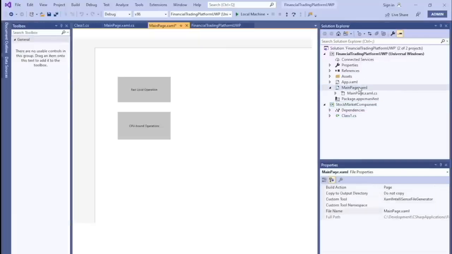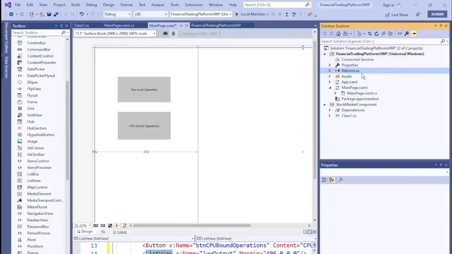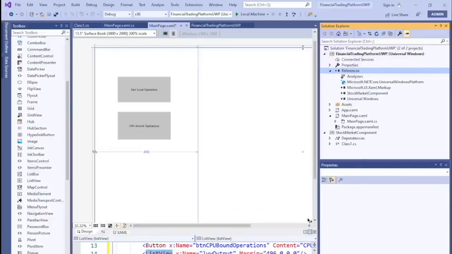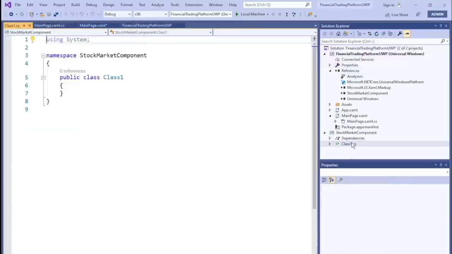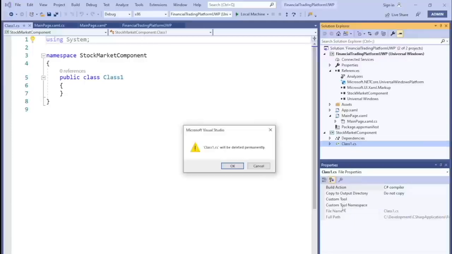Let's add a reference to the Stock Market Component standard library project from our UWP client project. Let's delete the class file that has been generated in our standard library project